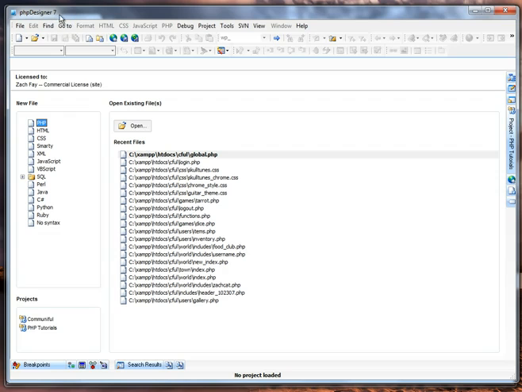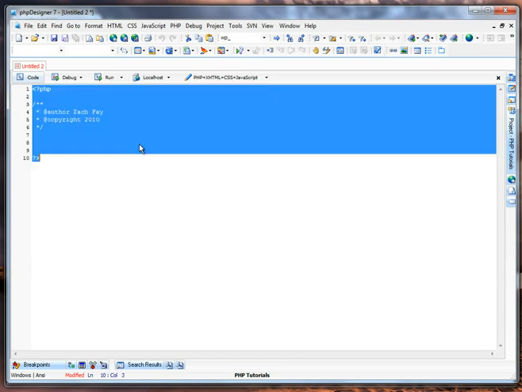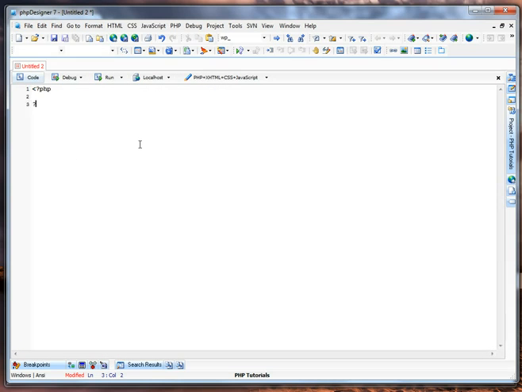I'm going to be using PHP Designer. I'm going to actually open up this and create a new PHP document. Clear that out. PHP tags. Now first off, you want to start,